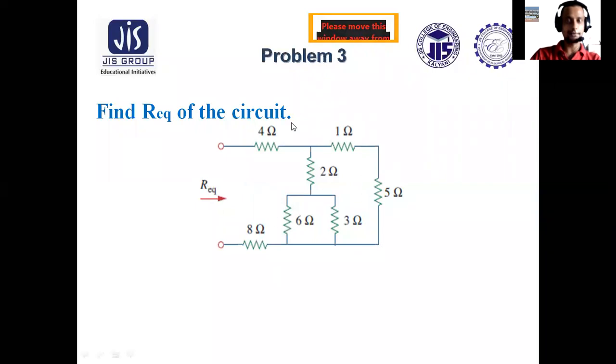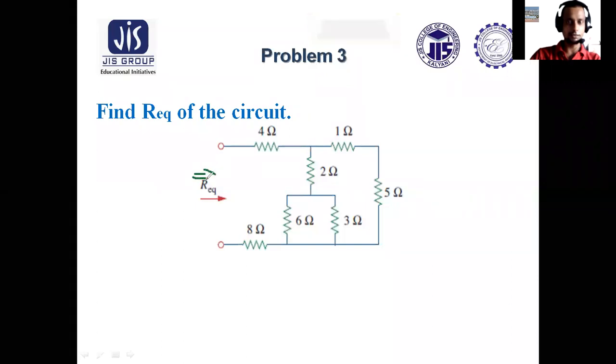Here we are asked to find the equivalent resistance of the network looking across this terminal. So while finding equivalent resistance, suppose this is point A and this is point B. Remember that you are going to reach B from A. In between, the resistances you encounter will be your equivalent resistance. So suppose you are at point A, you may go through this path. When you come to point B,